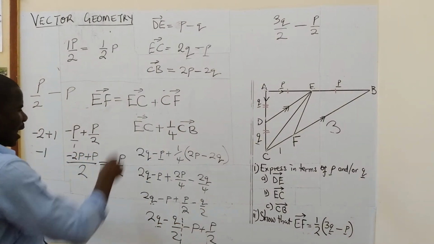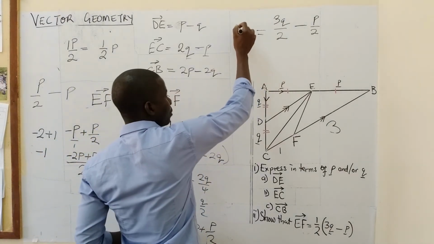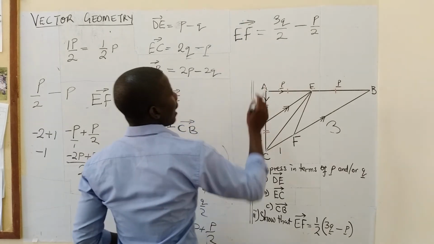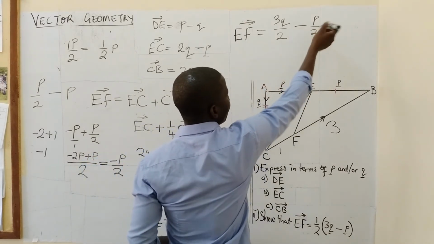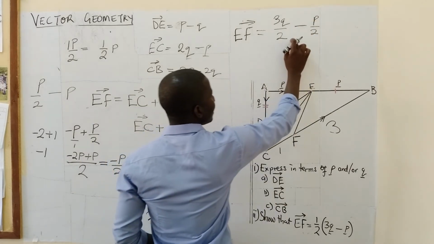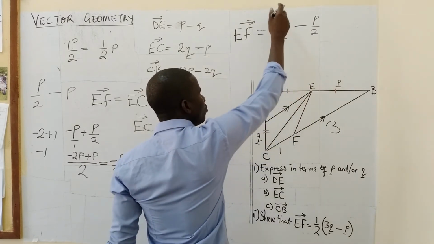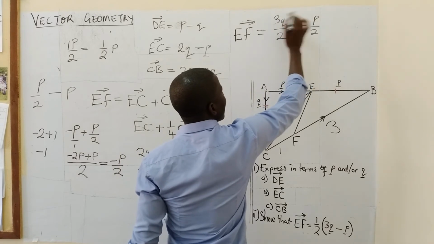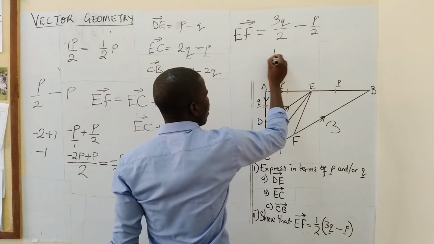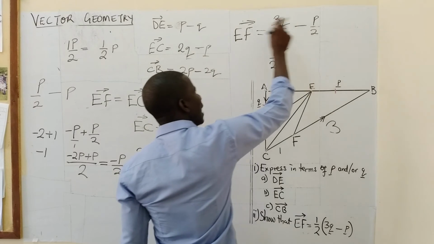Take note that everything that we are doing here is equal to EF. That is what we are solving for. So now, at this point, like I told you, if you remember that here we have a 1, we need now to simplify what is common. On the denominator part, we have a 2 that is common. On the numerator part, we don't have anything that is common apart from 1. So that is why we are going to have 1 over 2. The 2, which is the denominator here, is outside.